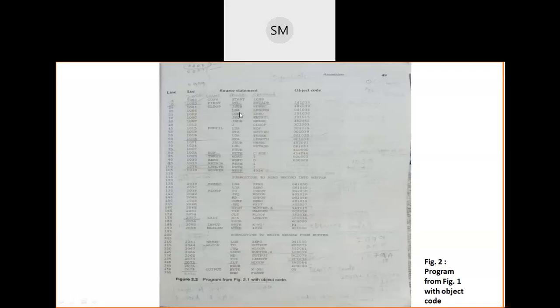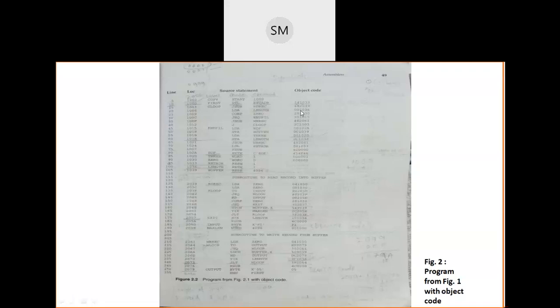LDA opcode you should find out, it is 00, and next the address of length you should find here. Address of length is 1036. You should write it below, and keep on converting 6, 3, 0 and 1, and when you convert 1 you should write only the rightmost 3 bits, because only 15 bits are available in the address field. Then to make 4 groups of 4 bits, you take the help of a flag bit there, then it will become 4 bits. Then you can write its equivalent decimal value below that.